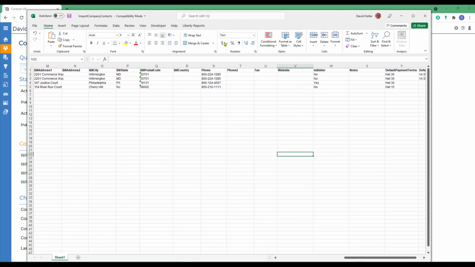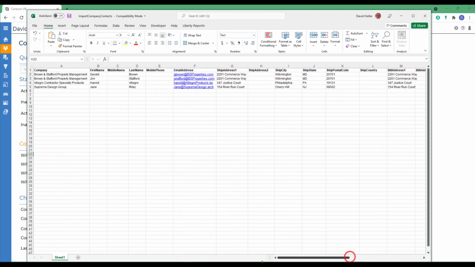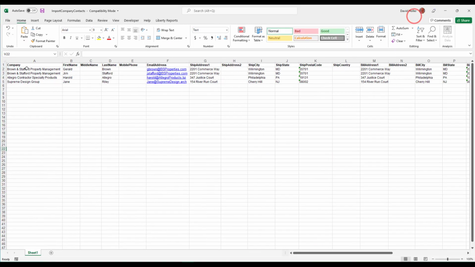This is the Excel spreadsheet we used in the last training video. We imported 3 companies, 4 contacts. One of the companies had 2 contacts. That was a project owner or customer. We also imported a vendor, supplier, or subcontractor, and also an architect. We're going to import some additional information,